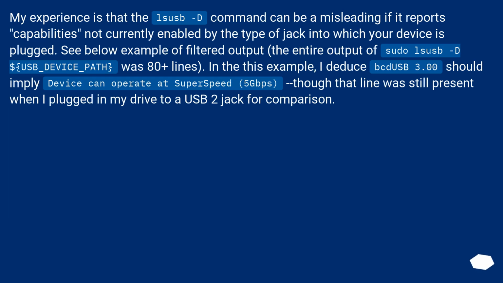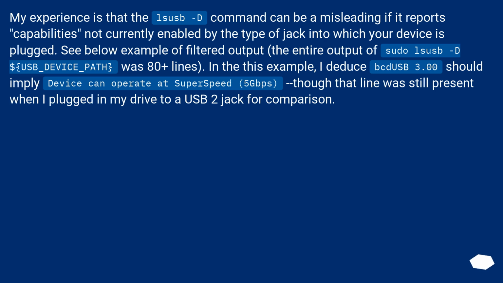My experience is that the lsusb -v command can be misleading if it reports capabilities not currently enabled by the type of jack into which your device is plugged. See below example of filtered output. The entire output of sudo lsusb -v -s $USB_device_path